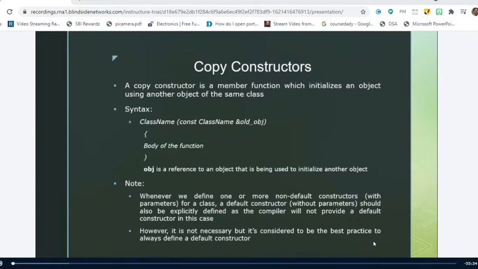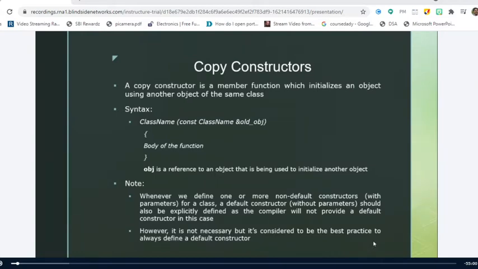In the last class, we have gone through the constructors concept. We have started the concept of constructors, where we have seen what a constructor is, what the characteristics of a constructor are, and how a constructor is different from a member function, and what the four categories of constructors are. And in that, we have discussed what a do-nothing constructor is, and similarly the default constructor and the parameterized constructor.